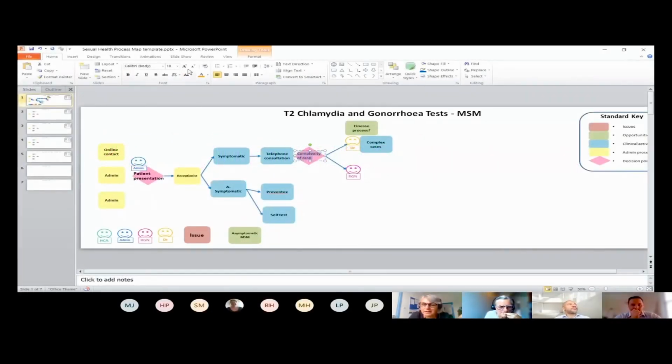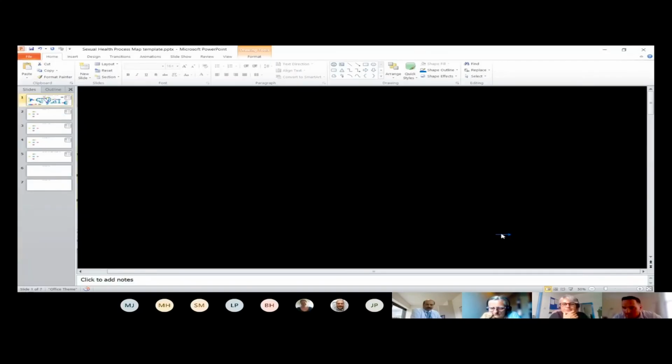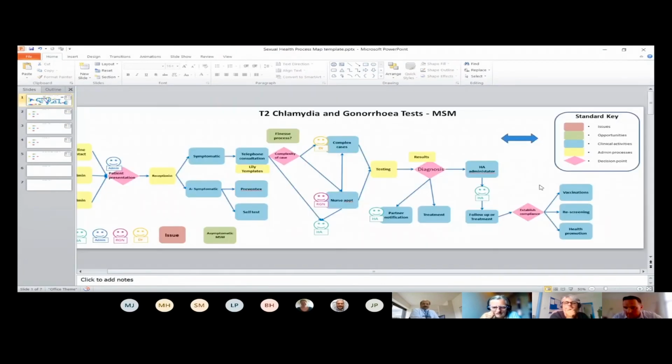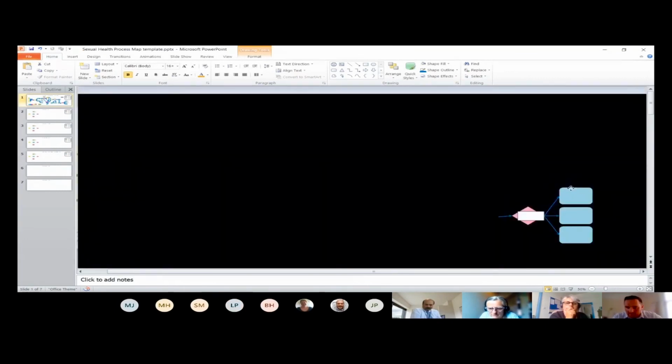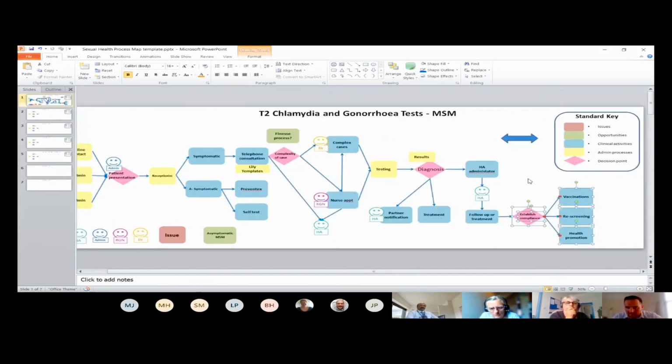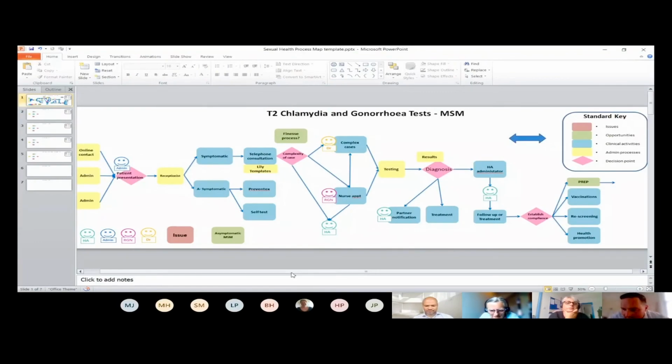Our current pathway and how we've locked down means we're missing the asymptomatic. This pathway mapping for symptomatic MSMs, then we'll be able to see what happens to them as they go forwards from telephone reception triage into a nurse triage. And does that make sense? Yeah. Is there anything else that needs to come onto this pathway that we haven't got at the moment in terms of what you do, or in terms of issues or opportunities or areas for